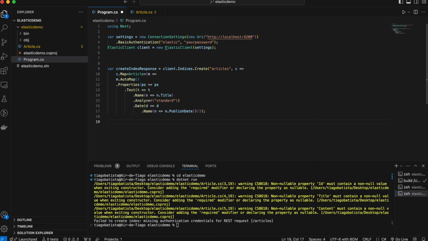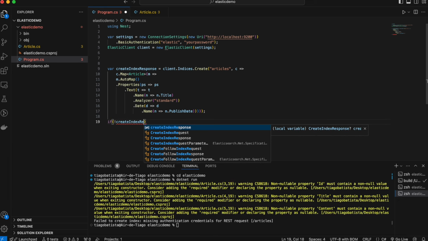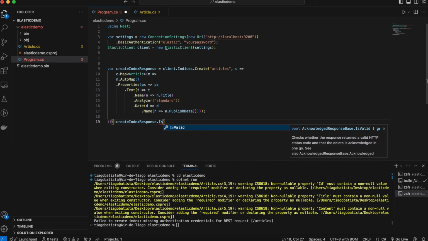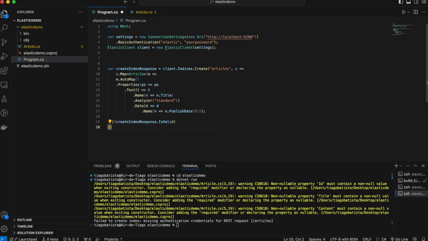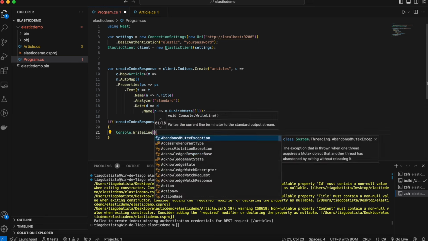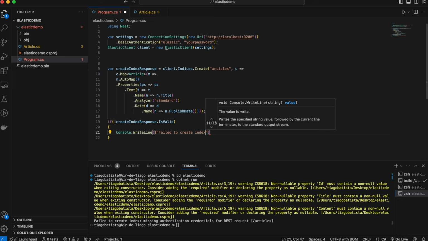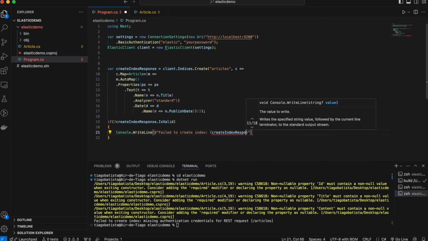Let's also add here a code to, if the create index response is not valid, it shows us via console what happened, and something like failed to create index, and then we just type in create index response dot server error,